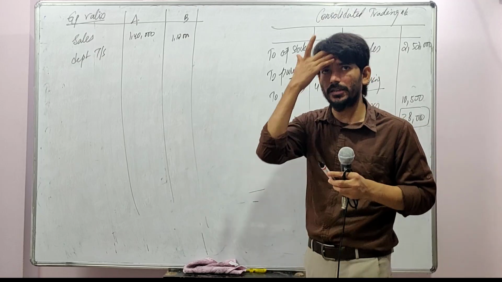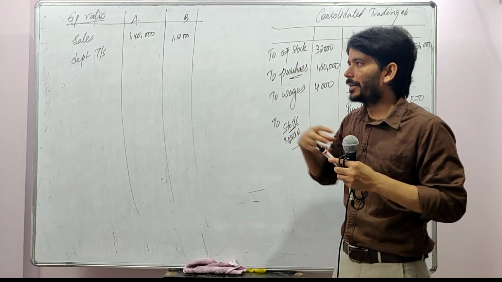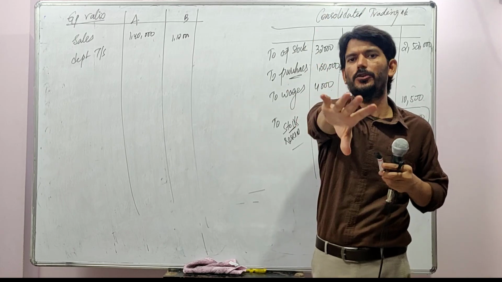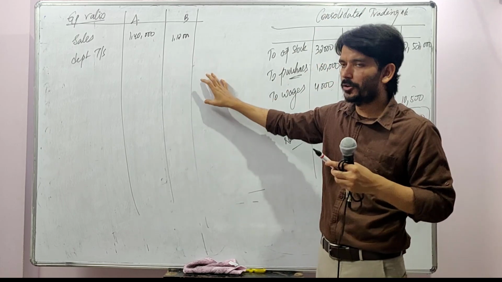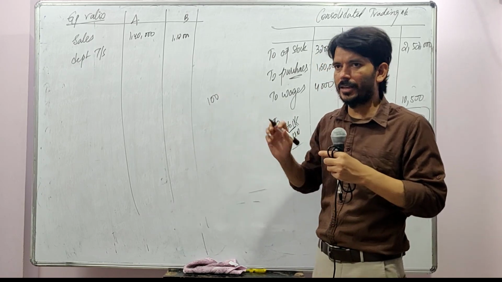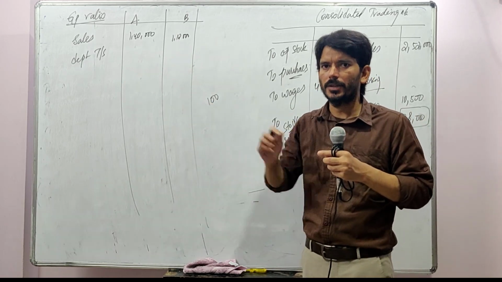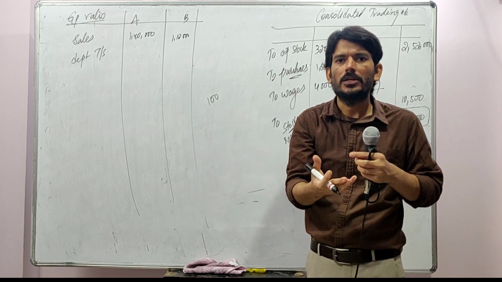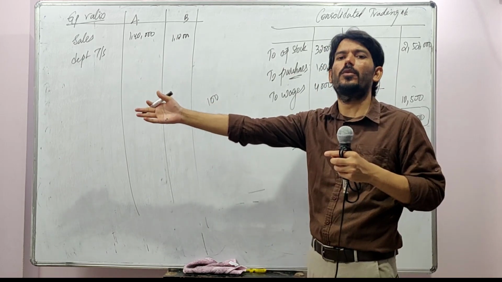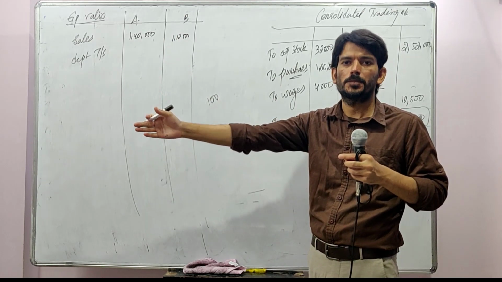See, understand this logic. I am selling in the open market. I am selling to you, my brother. You are my brother. I am selling it to you also. So what am I trying to find out? If my cost is 100, I am selling in the open market at 120. I am selling to you at 120. So which means that you are nothing but my outside customers.